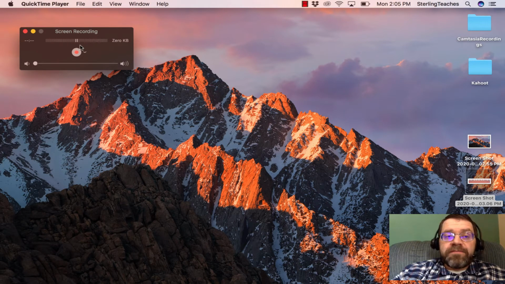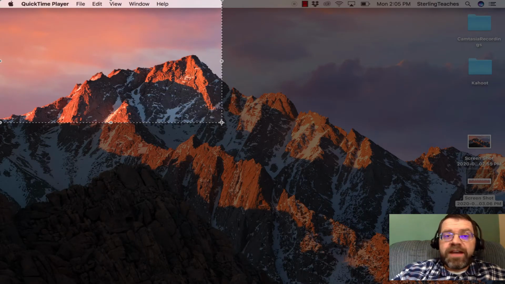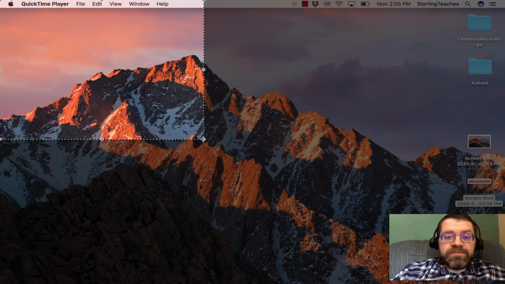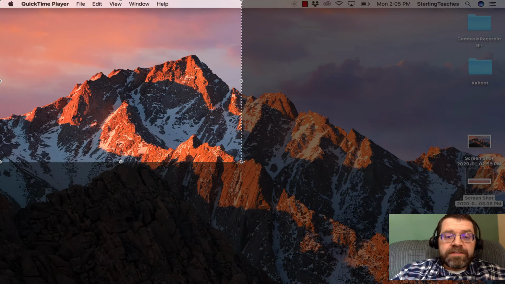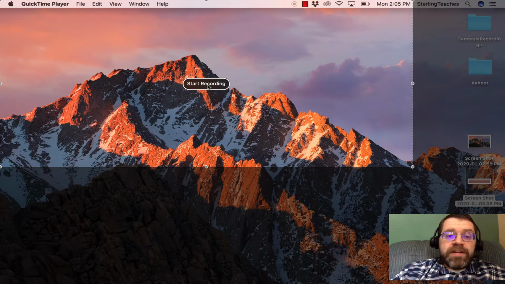Now once I have my audio set, I simply click on the red circle. It's not recording yet, but it's telling me that when I click record, when I just click, it's going to record the full screen. Or if I want to drag, only a part of the screen will be recorded. So I'm going to go ahead and click and drag. Notice how it gives me this highlighted area, and I can just move this where I want it to be. And let's say I want to record just this portion of the screen up here. So now it says start recording, and I click on that